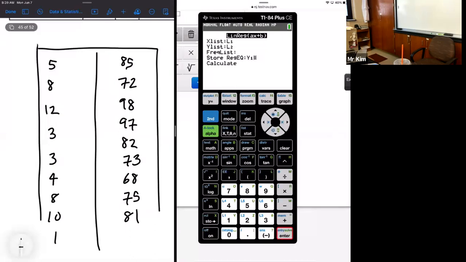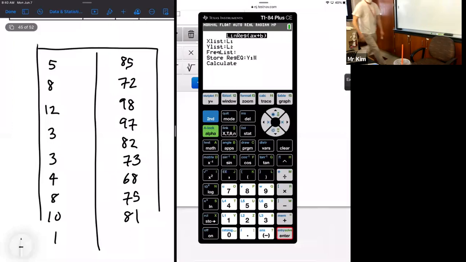Okay, what about the thing with the diagnostics? Second 0, which is catalog. And then on the top right, it already says A, which means you already pressed the alpha button. Press x^-1, you go to B, which you scroll down to diagnostics on, which allows you to calculate the R. And that has to be on, not all the time, but at the very least now. Can I do both these things before the... Yes. No, thank you.